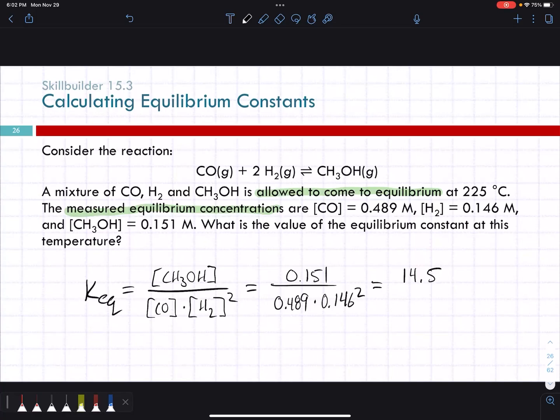And how, is that it? We don't have to write units at the end of it, or what are the units for it? Nope, that's it. If you want to write units, you can write molar, I suppose. But it's